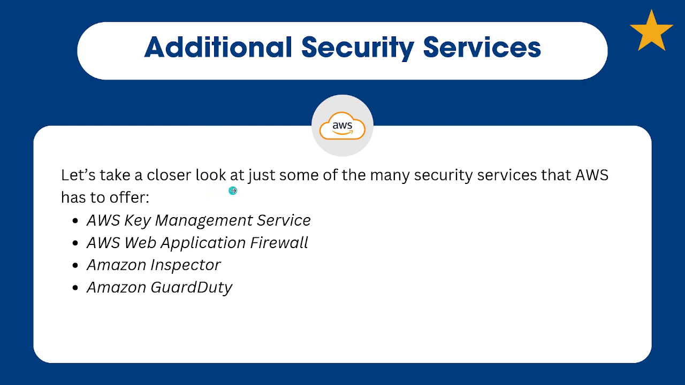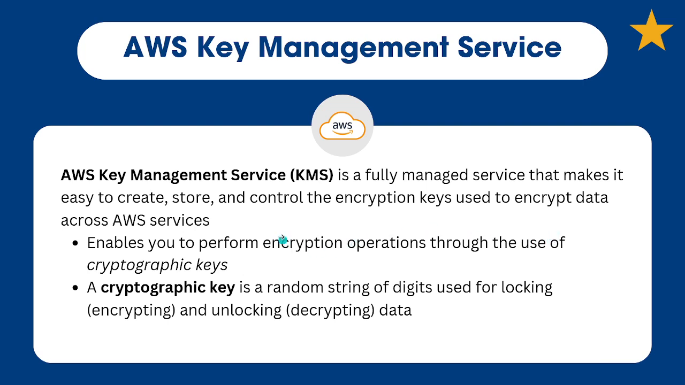AWS has a giant catalog of services. We're just going to discuss these four key ones in addition to all the ones we discussed in this lesson. So we have Key Management Service, Web Application Firewall, WAF, as we discussed in the previous slides, Amazon Inspector, and GuardDuty. So you might have noticed, right, when we created, for example, an EC2 instance, we needed a key,